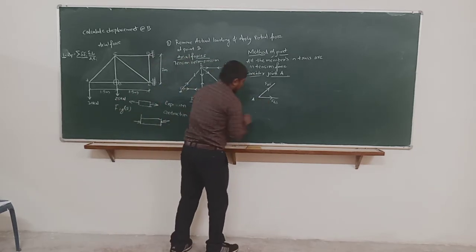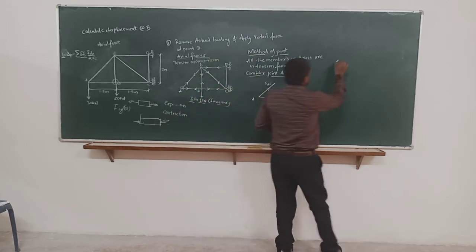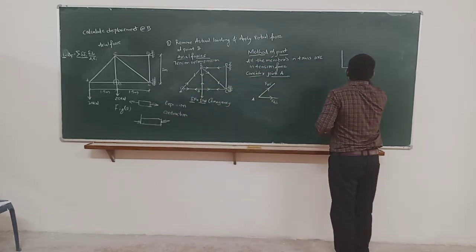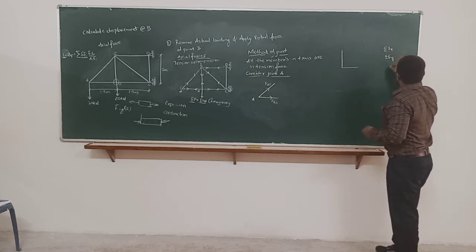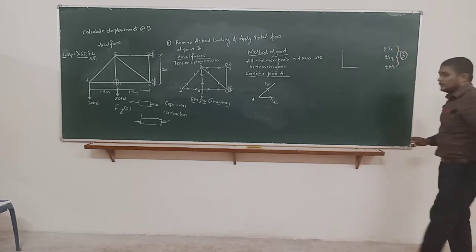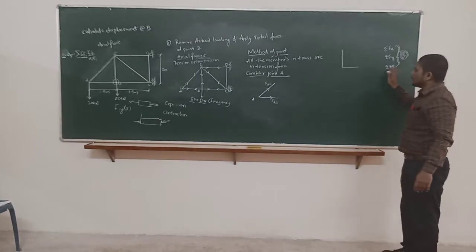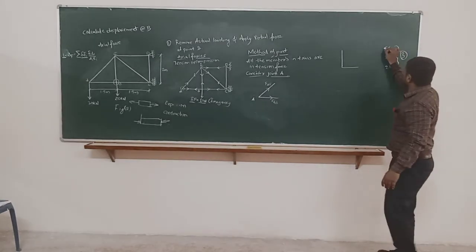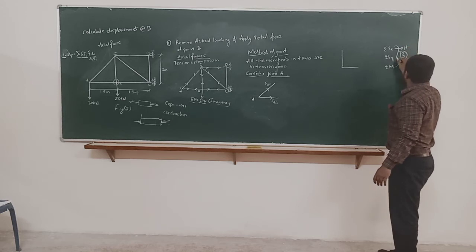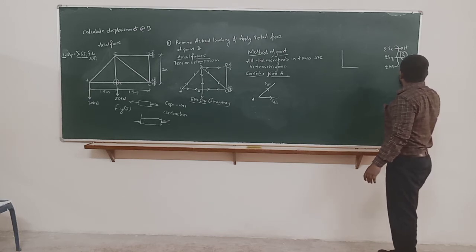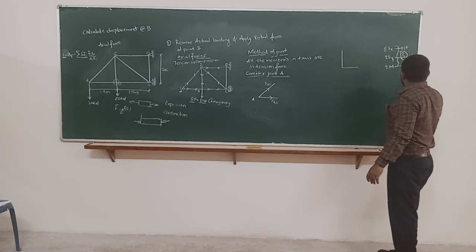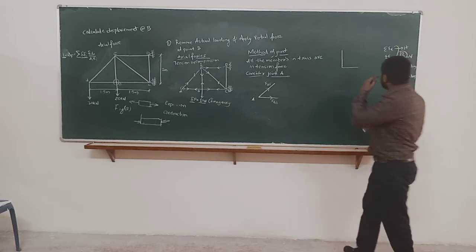Okay. Now, we have three equations of equilibrium. One is summation of Fx, summation of Fy, and summation of moment. There are three equations of equilibrium. By using these three equations of equilibrium only we have to solve this. Okay? Fx means purely horizontal, Fy means purely vertical. Moment is nothing but it may be in terms of bending or rotation at the joint. Okay?